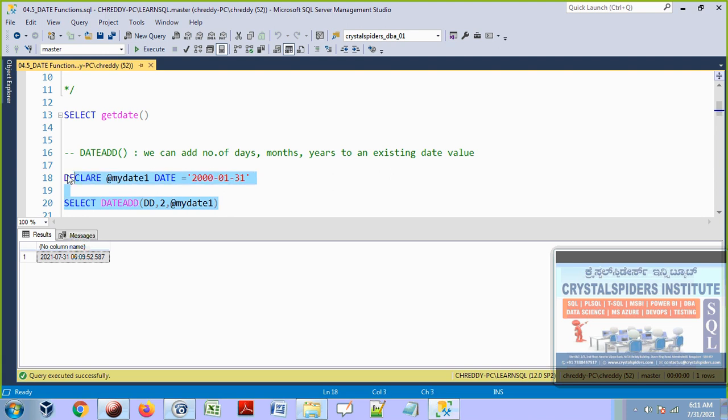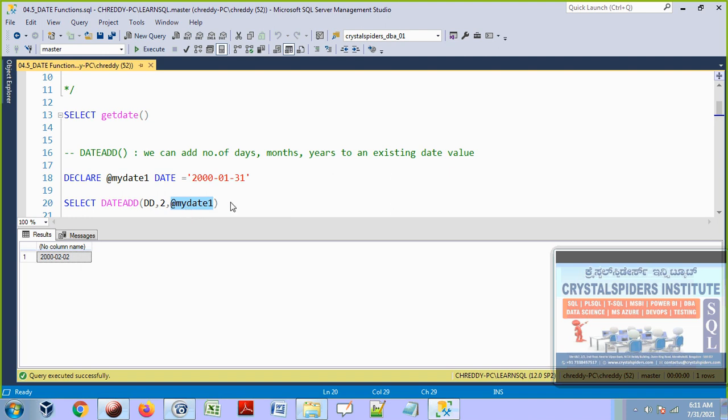So let's see this one now. It is going to return February 2nd. This is a SELECT statement, and this DATEADD function is returning a date value by adding 2 days to whatever date is in this variable.